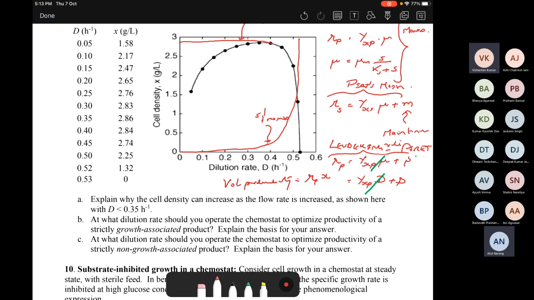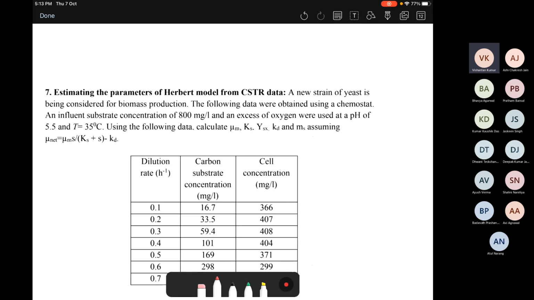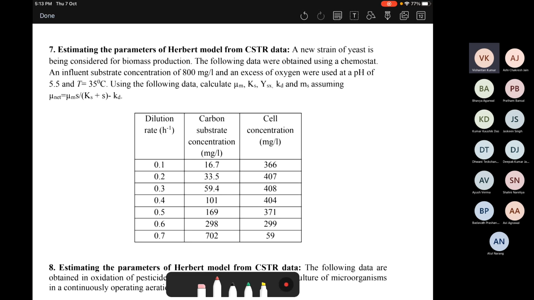One more question. In the seventh question, in the mu net equation that is given, is the minus KD included in the denominator or is it separate? Oh, so this is the Herbert model, right? This was given in class. I think I basically defined the model. I told you that in the case of the Pirt model, you basically assume that